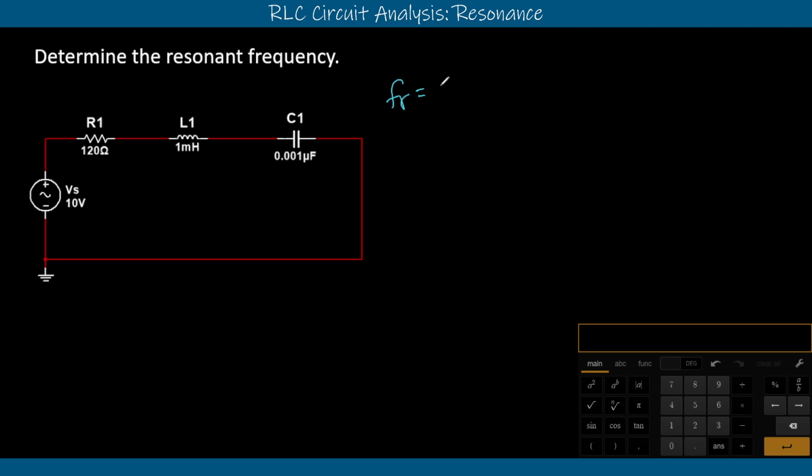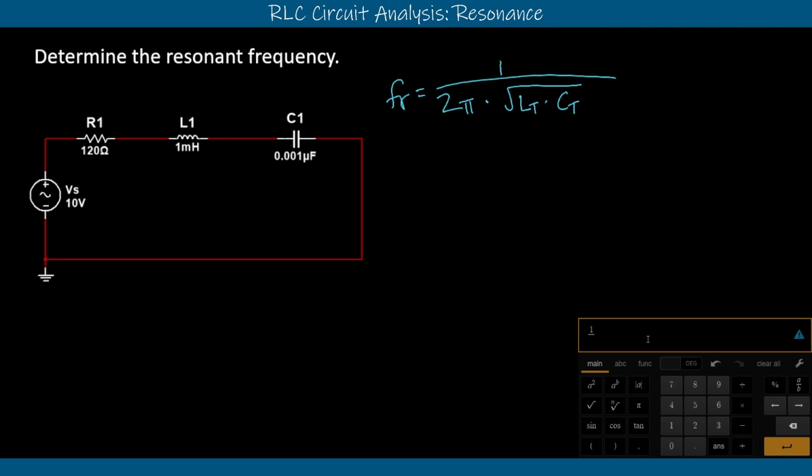on where that frequency is going to land. So we'll say that FR is equal to 1 over 2 pi times the square root of our inductor total and our capacitor total. Those are in farads and henries, so we're going to leave them as is and plug this directly into our Desmos over here. So we'll say 1 over 2 pi